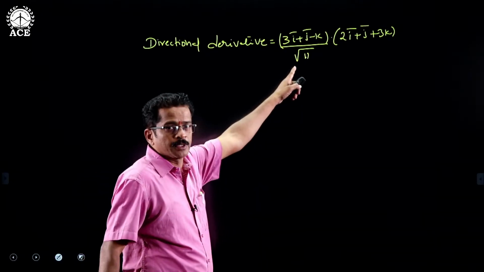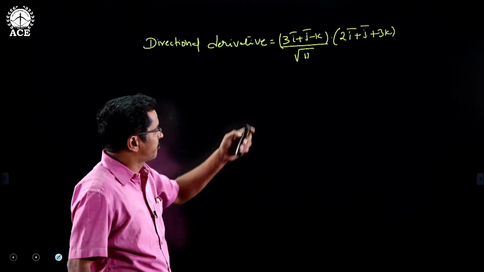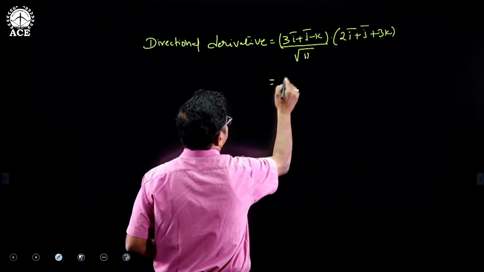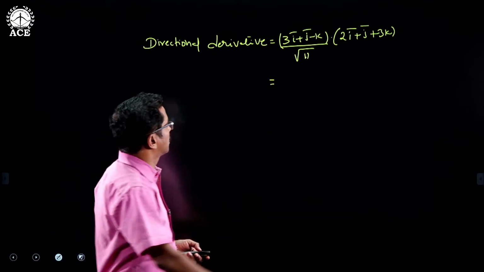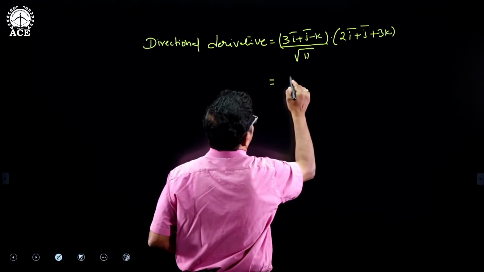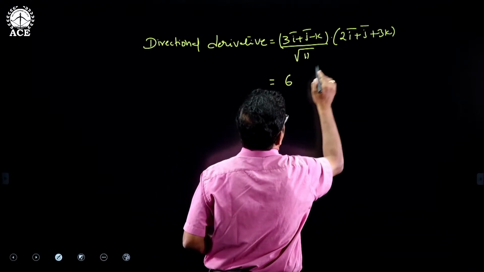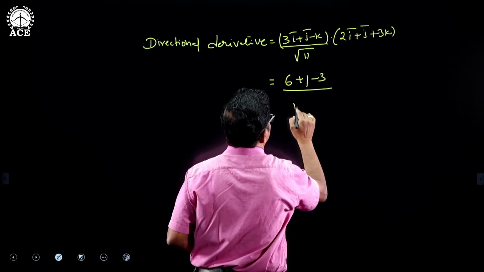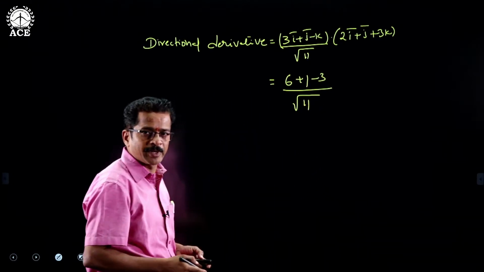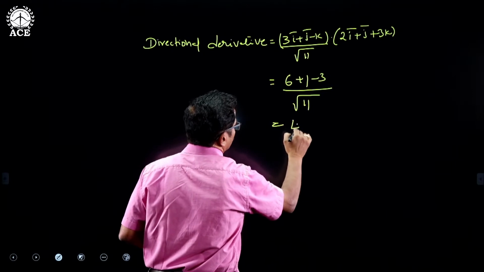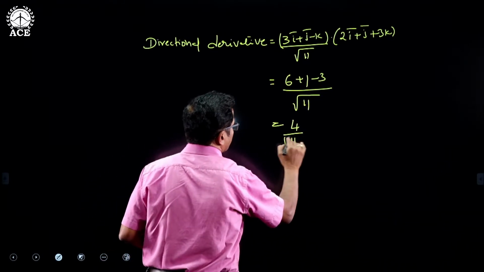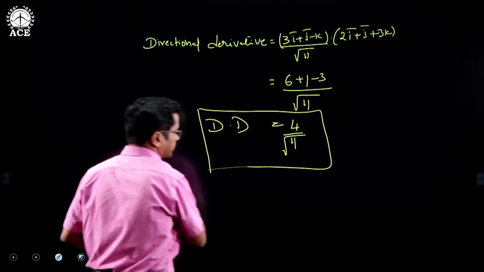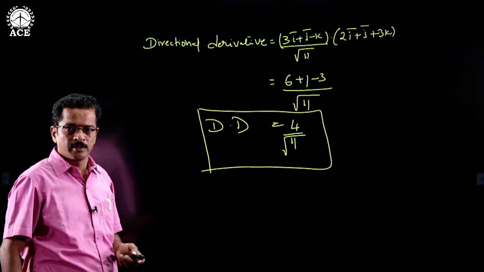Okay, unit normal vector into gradient of a function. So now you multiply, what do you get? The dot product happens between the same component vectors. 3 i bar dot 2 i bar is 6, plus j bar dot j bar is plus 1, minus k bar dot 3 k bar is minus 3, all by root 11. 6 plus 1 is 7, minus 3 is 4, so 4 by root 11. So this is the directional derivative of the given function. It's a measure of